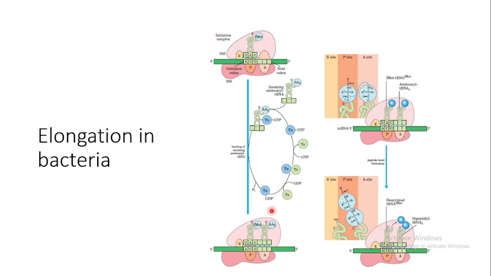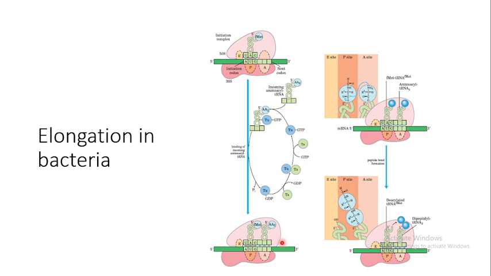A site, right? Here also the AA2 amino acid tRNA will be placed into the A site, which is followed by the removal of this Tu, by the GTP hydrolysis, and after that this Tu-GDP is exchanged with GTP by Ts, right? So now Tu is Tu-GTP, then again it will take part for the next incoming amino acid tRNA. So now this next amino acid tRNA is binding with the A site of the 30S ribosomal subunit, right?